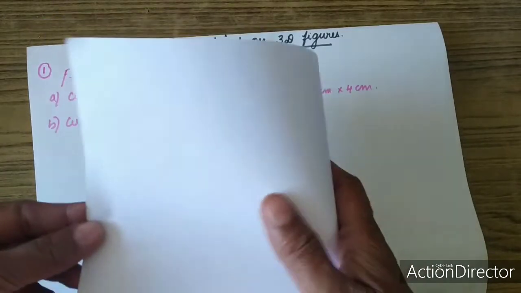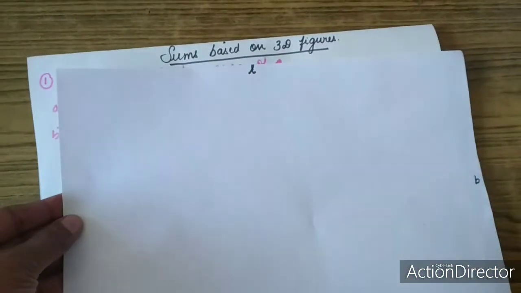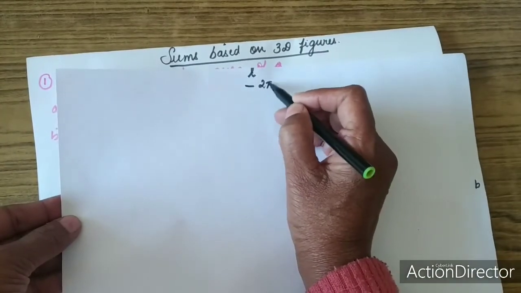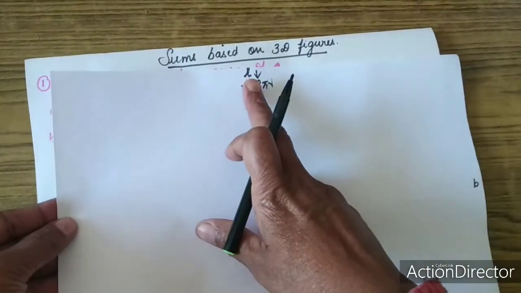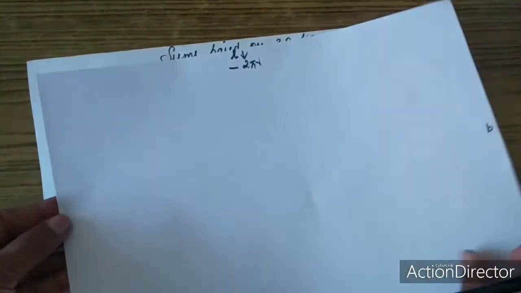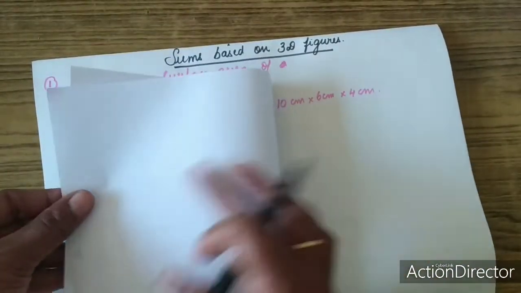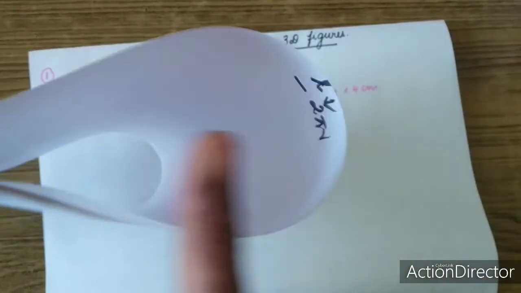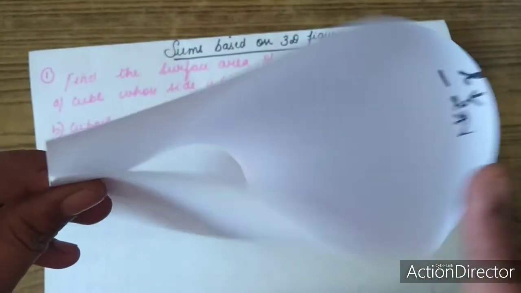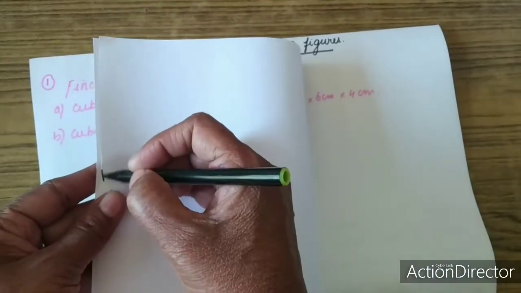While folding it, you are able to observe this length portion being folded. While folding, the length becomes the circumference of the circle. You can clearly observe that when you fold this rectangle along the length, it becomes the circumference of the circle. This is a circular face. The length when folded becomes the circumference of the circle, and the breadth when folded becomes the height of the cylinder.